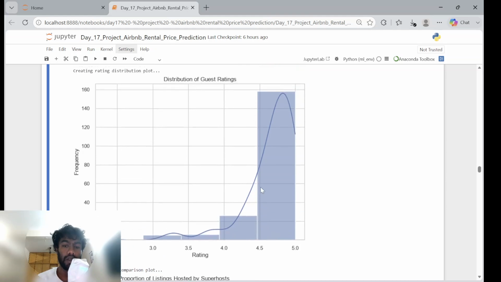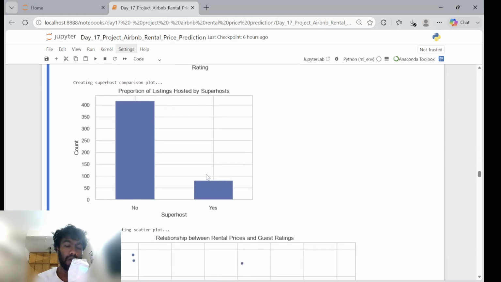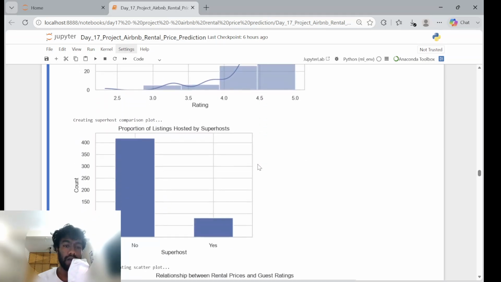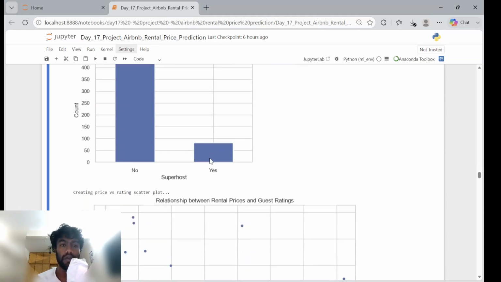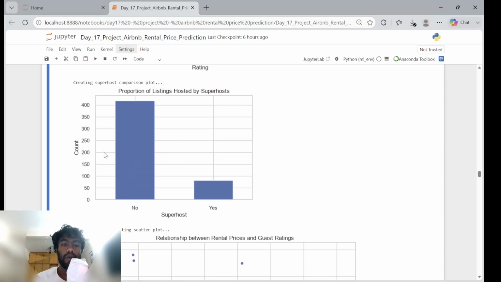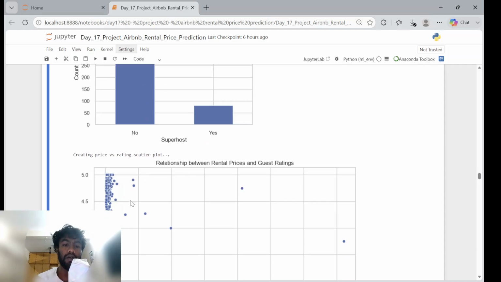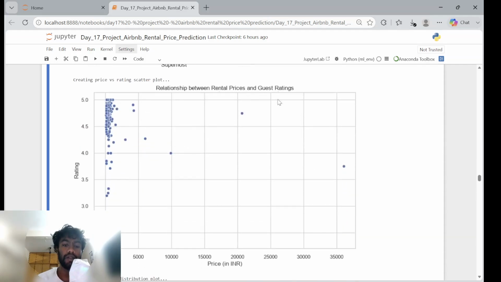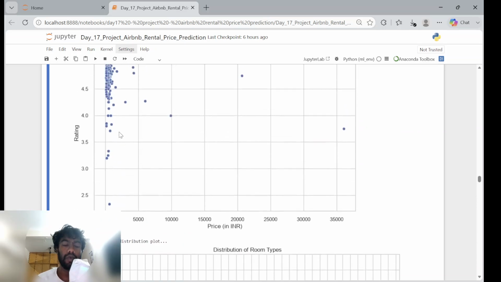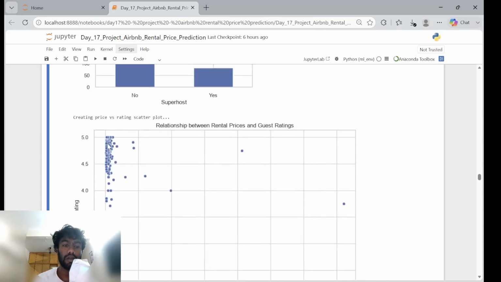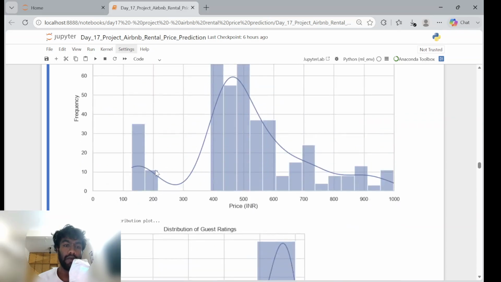and above, and largely 4.5 up to 5. That's the value that we have in our data set of 500 rows. And property listings, a lot of properties are listed by non-superhost type. So that's one thing that we can see here. And rental price and guest rating. So we might want to see that there is a slight relationship, but not a very evident one like we